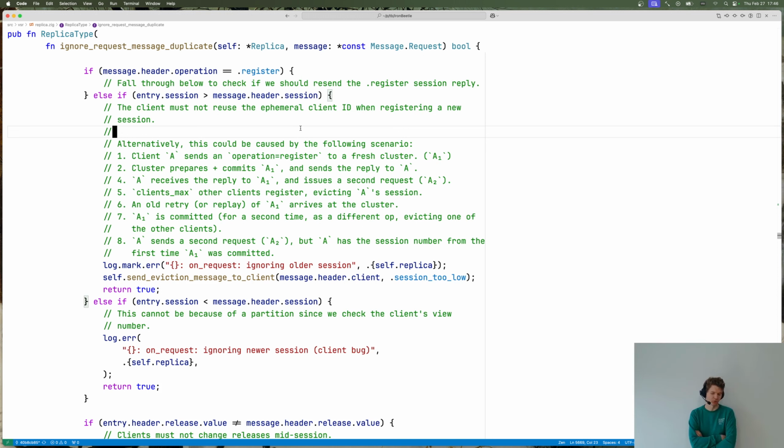This is pretty horrible. So messages can be replayed. What could happen is that the cluster received the register request. It assigned the session number, and then a lot of things happened. A lot of other clients joined, and we actually realized that we are going to kick this client out. But then that old register request gets replayed,